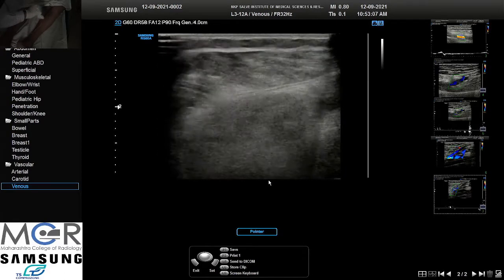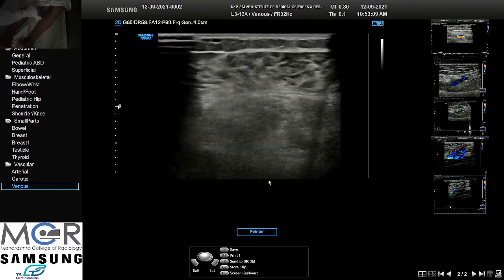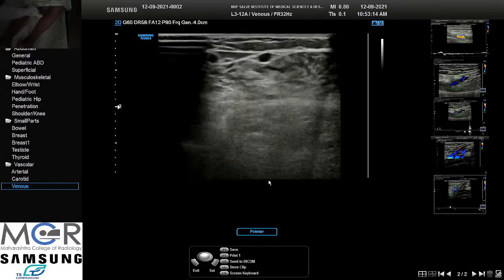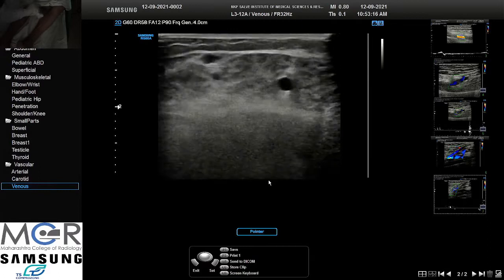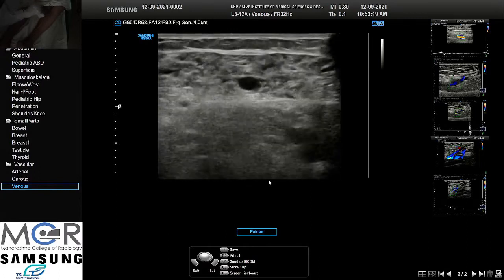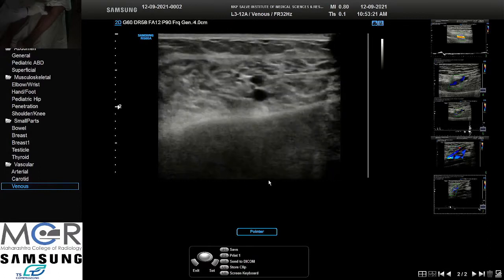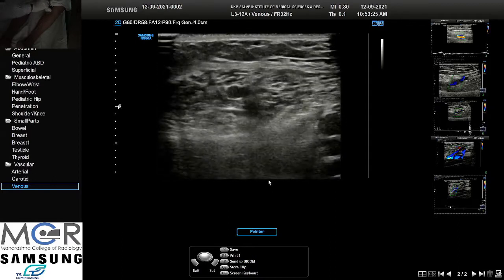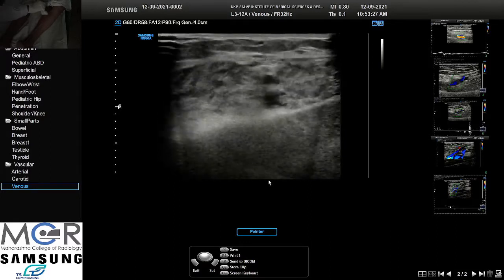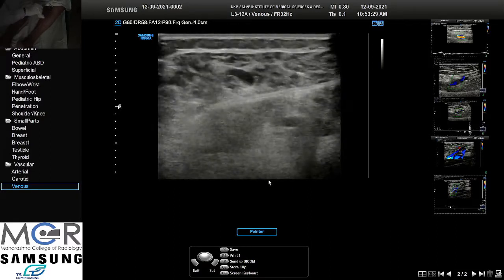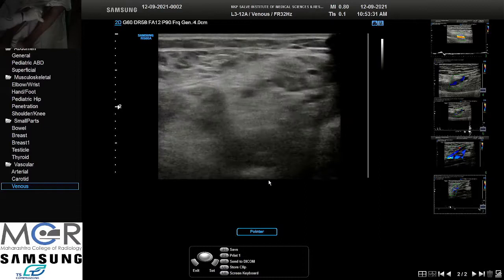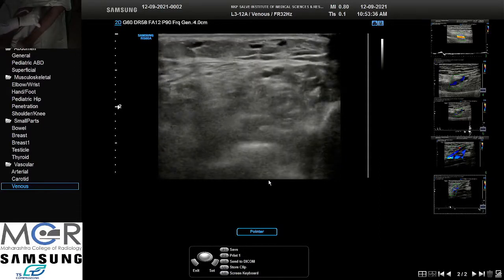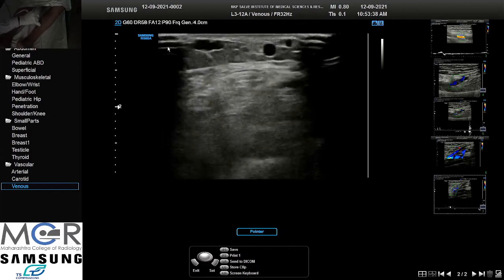So see this perforator coming from a long way and entering it here. Okay, so there can be n number of perforators. These are all in the superficial plane.